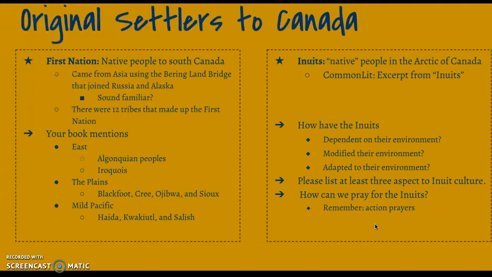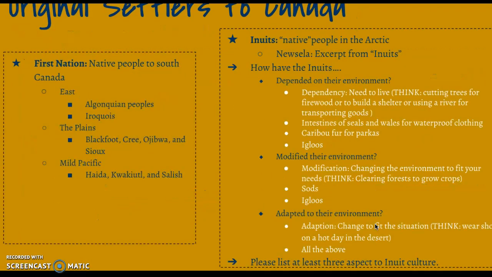depend, and modify. An example of dependency and modification is what I asked you, and I'm looking for specific instances, not just that they depend on their environment and that they modify their environment. I'm looking for specifics. So dependency is depending on the environment around them. So they're depending on the ice for igloos. They're depending on caribou for fur parkas. They're depending on intestines from seals and whales for those waterproof clothing. They depend on the hide or the fur to make tents. They depend on wood to make the actual skeleton of that tent, and then they put the hide over the